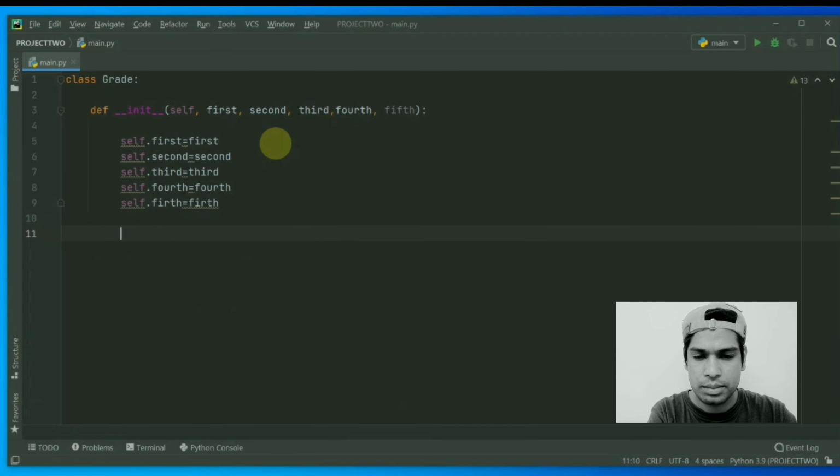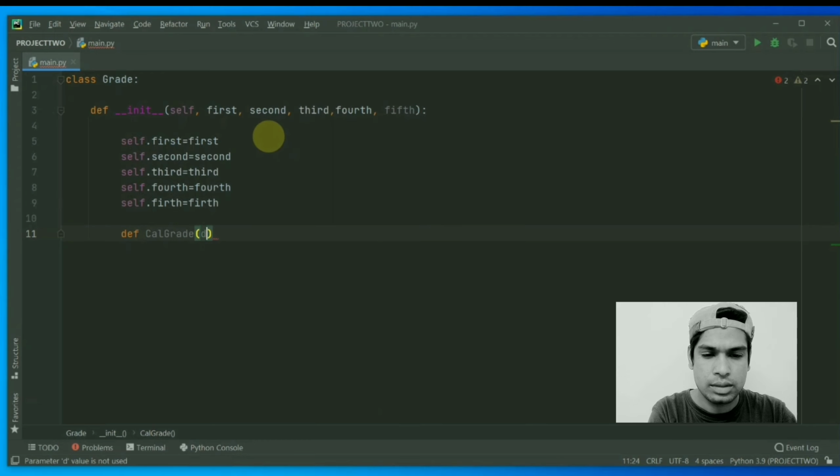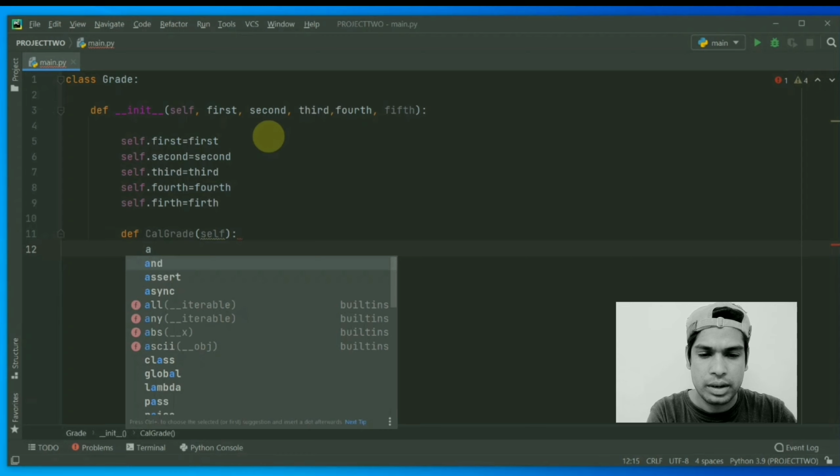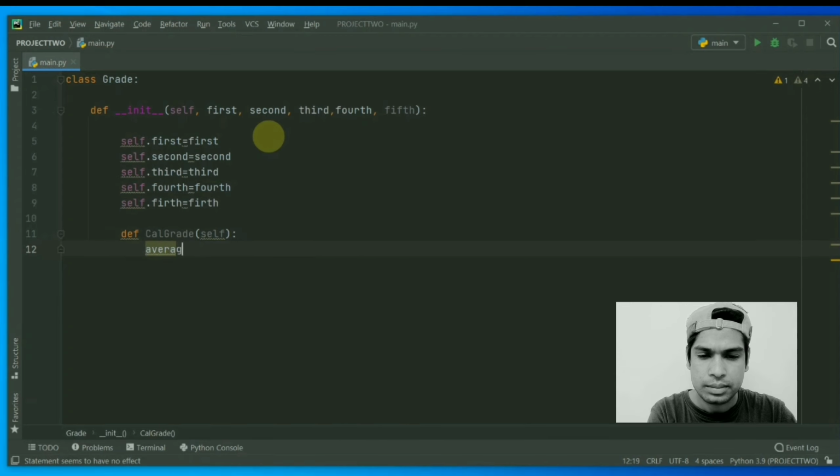Then def. I put def calculate the grade, calculate_grade with parentheses and self. Okay, average equal